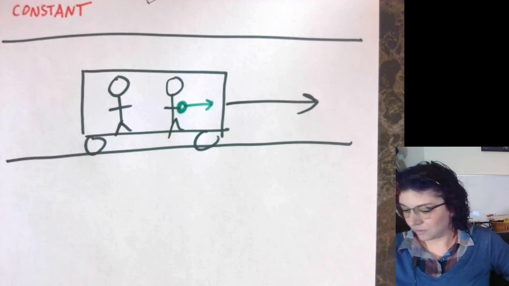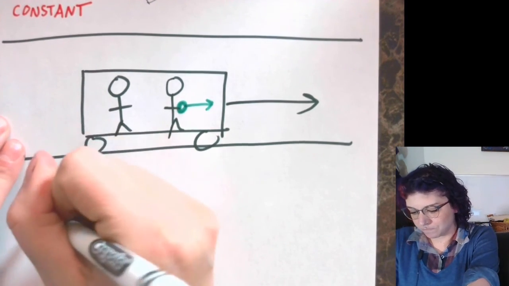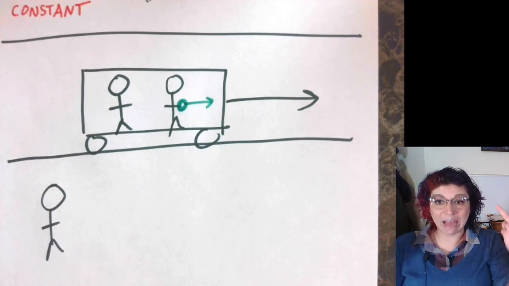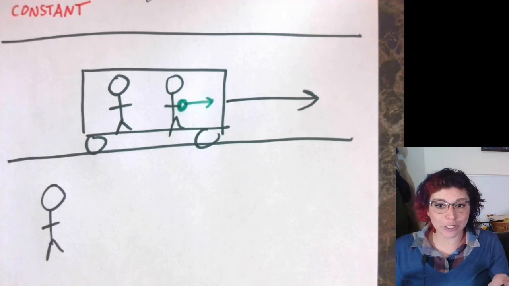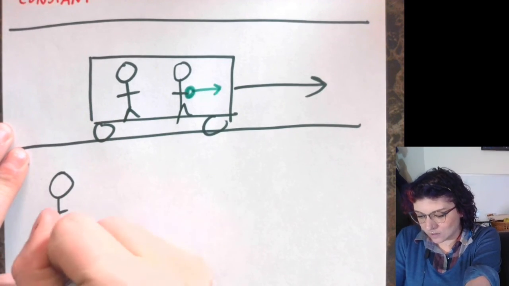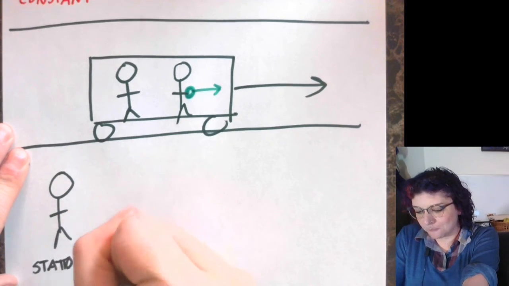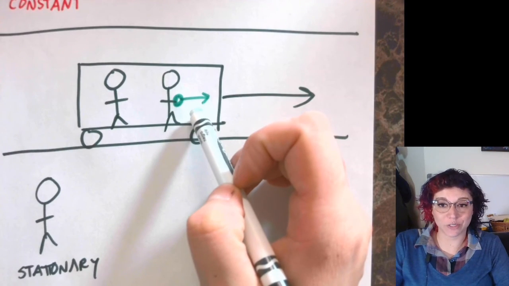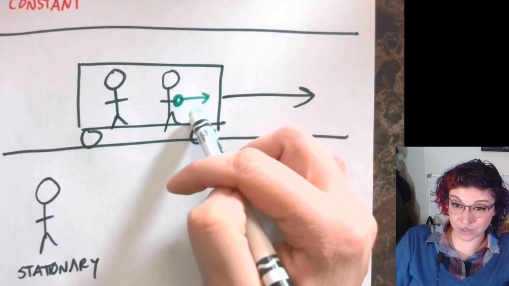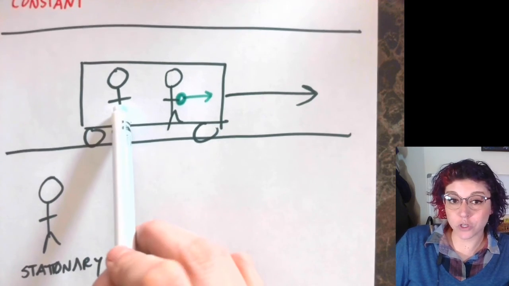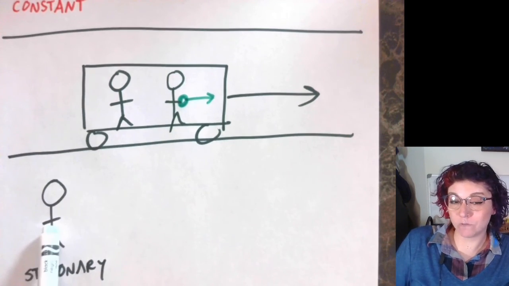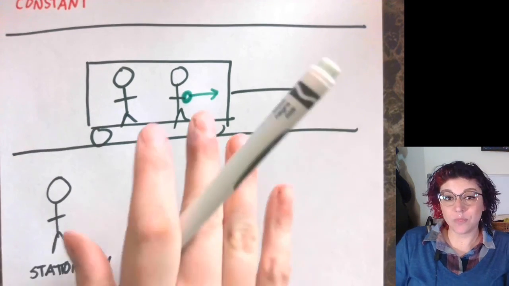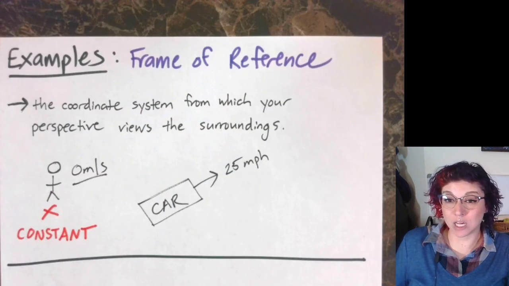Let's say there's also a bystander who is stationary, like outside of the tracks. They're on the grass, just stationary. How fast that ball is thrown will look different for you on the train versus this person stationary outside the train. This is where frame of reference becomes important,